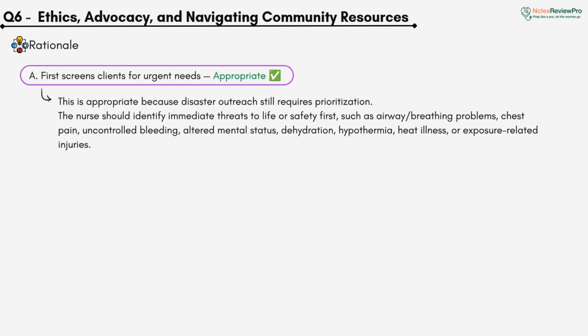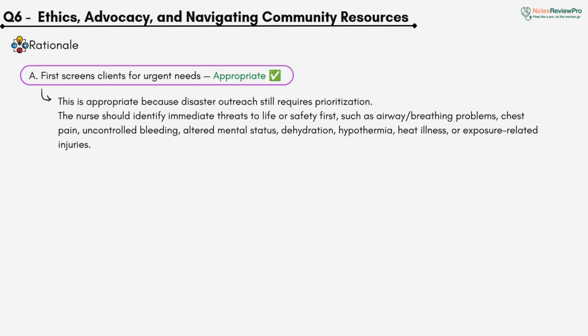Option A says the nurse first screens clients for urgent needs such as difficulty breathing, chest pain, uncontrolled bleeding, altered mental status, dehydration, or exposure-related injury. This is appropriate. Even in a temporary shelter or outreach setting, the nurse must still prioritize immediate threats to life and safety. Airway and breathing problems, chest pain, uncontrolled bleeding, altered mental status, dehydration, hypothermia, heat illness, and exposure-related injuries